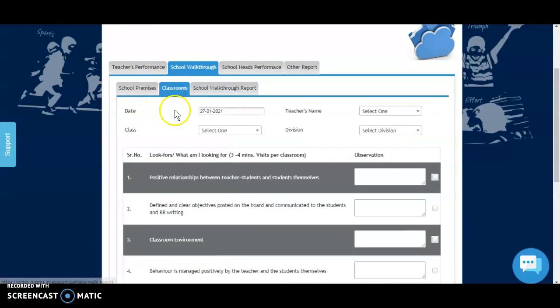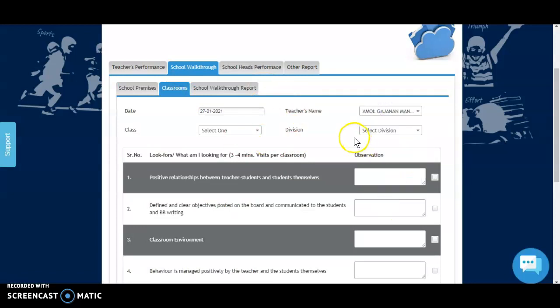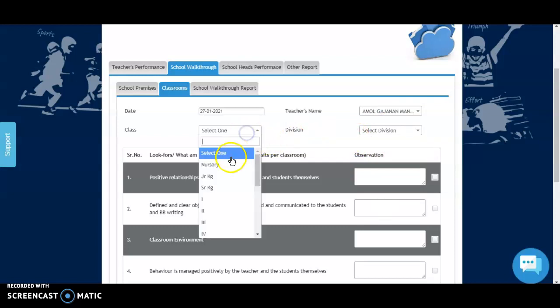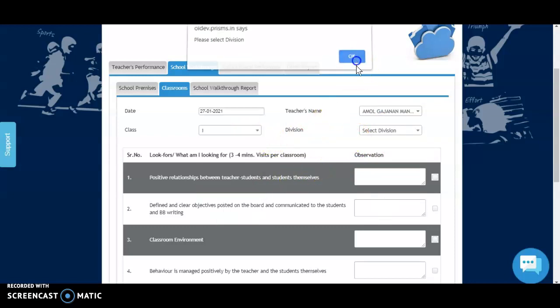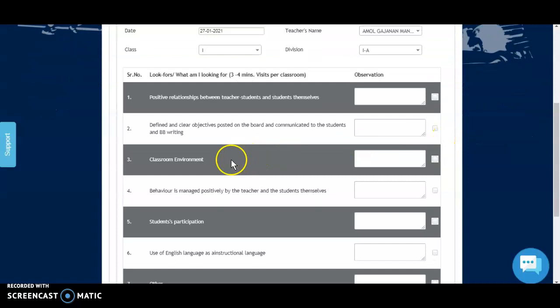Similarly, we also have something called classroom walkthrough, where during the walkthrough, the observer can go and see how the teacher-student interaction is taking place, how the classrooms are maintained, whether proper discipline is maintained within the classrooms, and whether there is a proper relationship between teacher and students and they have very good interaction.